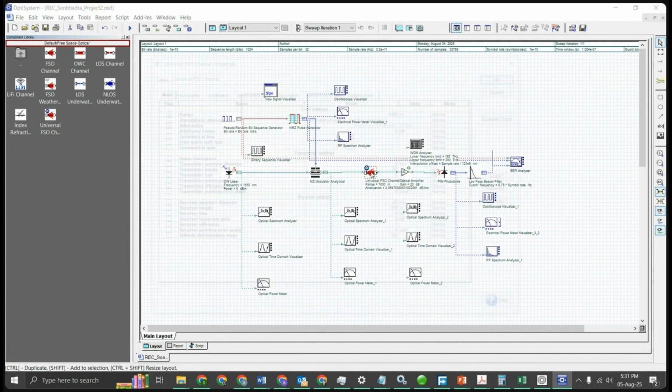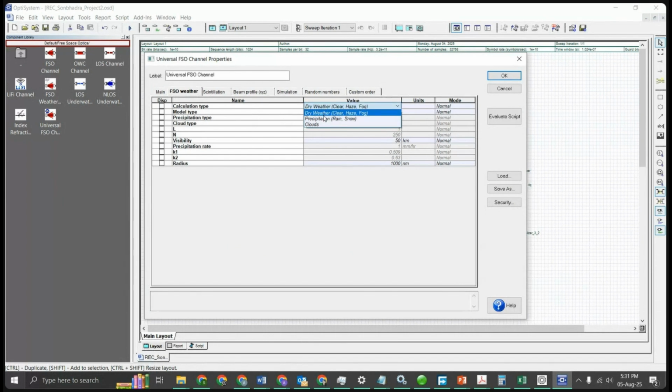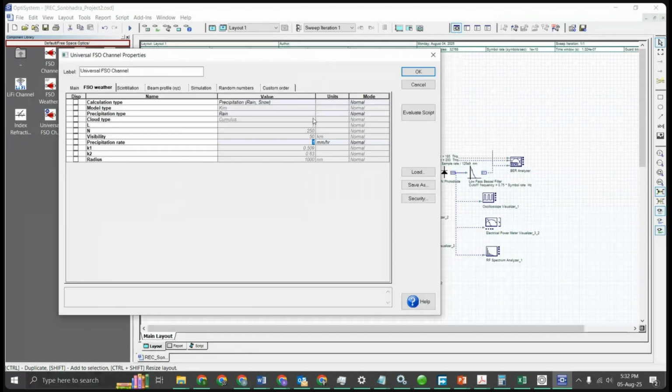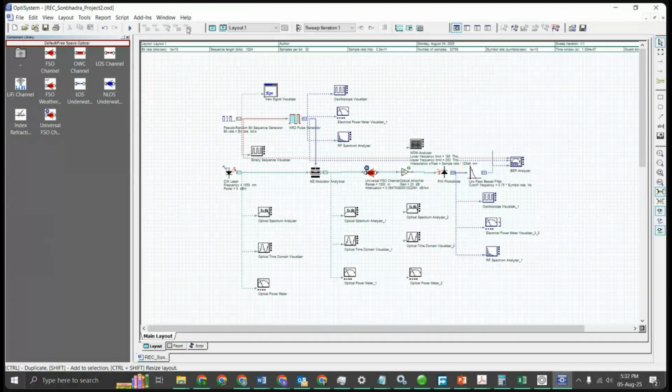Now, what if I use this for precipitation, means rain and snow, and precipitation type, for example, if it is rain, and for rain, the precipitation rate you can set up 1 mm per hour or any precipitation rate you can mention here depending upon the region. For example, for Cherrapunji, it will be different. It will be on a higher side. So depending upon location to location, your precipitation rate will differ. So if I simulate it,